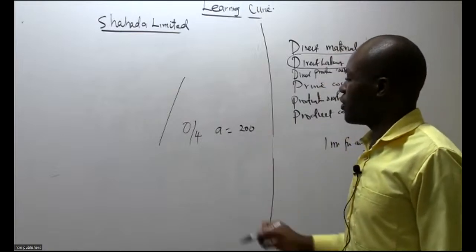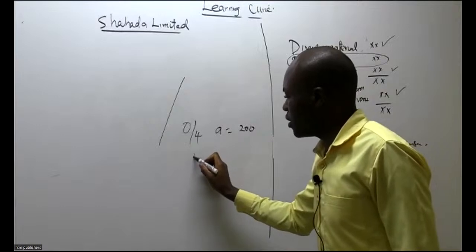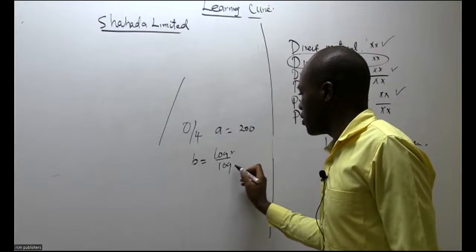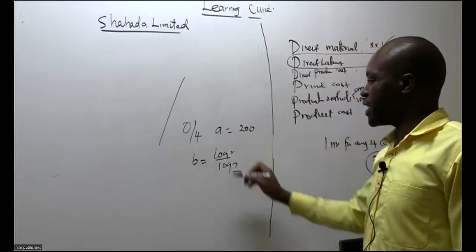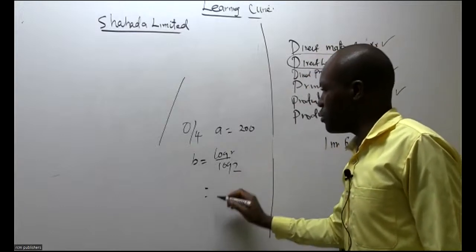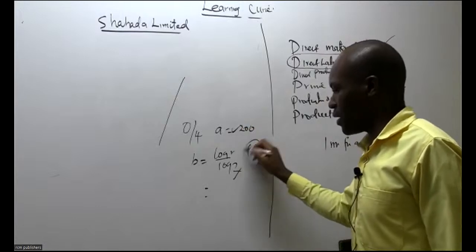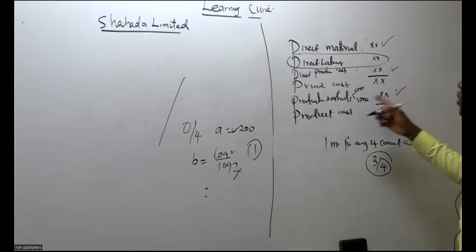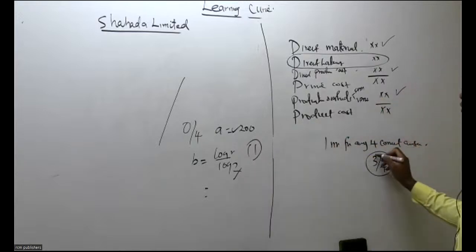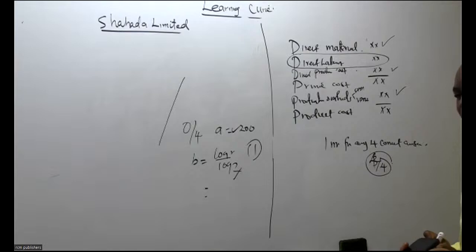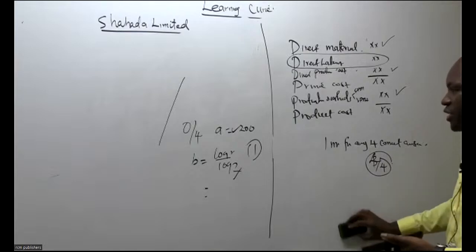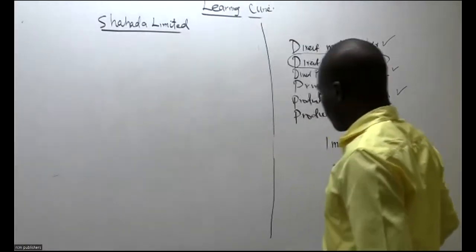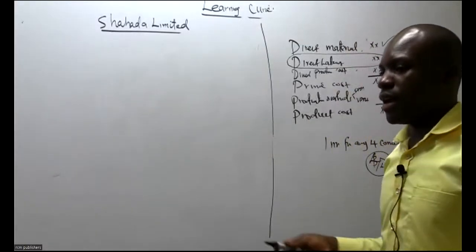Give us now that because I know how to get B equal to log R divided by log 2. Scare us with this one, calculate it and get the value of B. By just doing that, you'll have 1 mark. If that 1 mark you add to this, even without getting the correct answer, you already have your 4/4. So that's the strategy which we need to follow and try to attempt at least all the